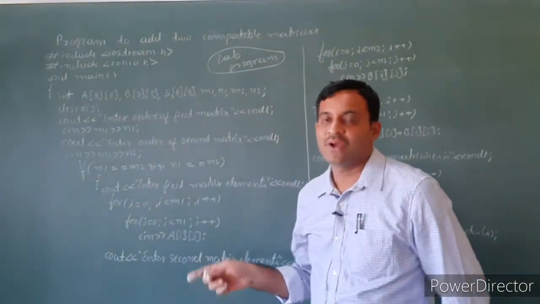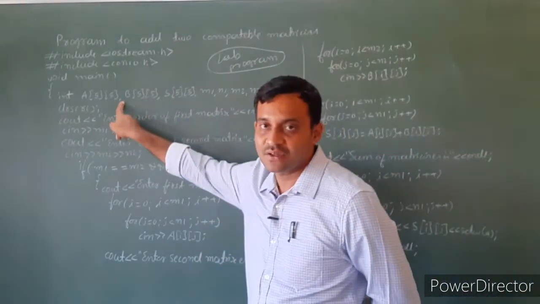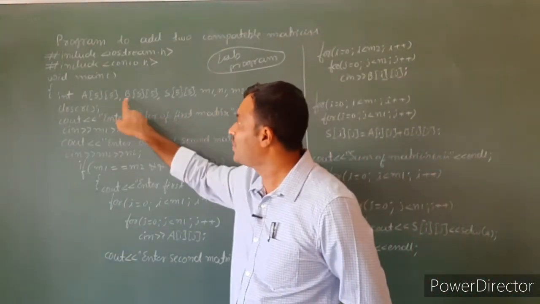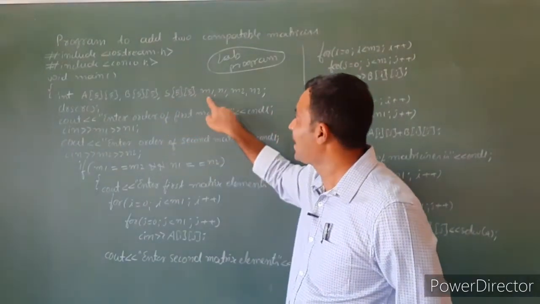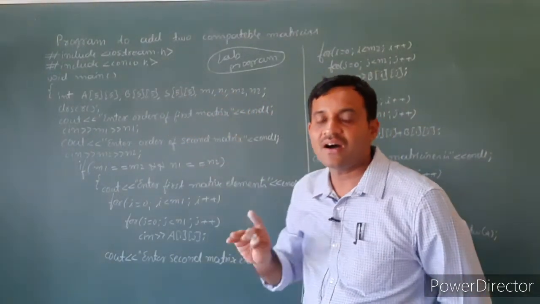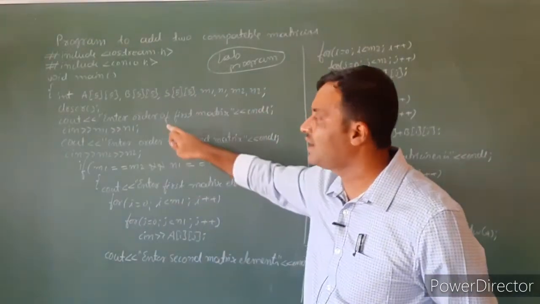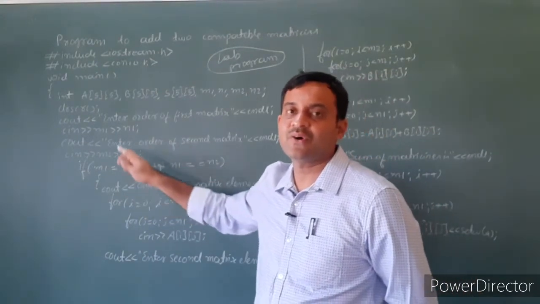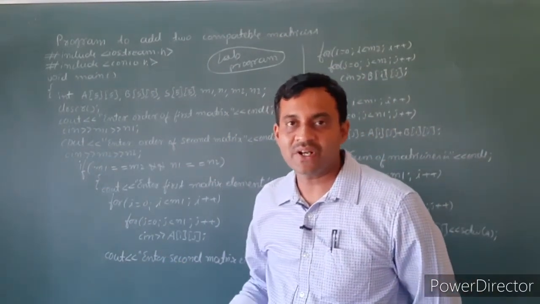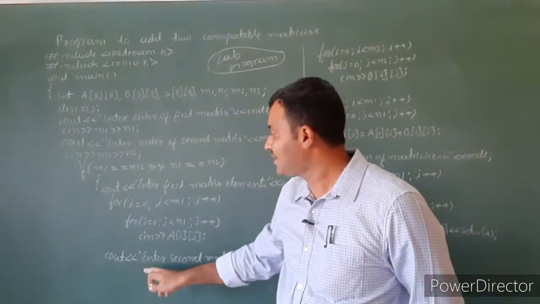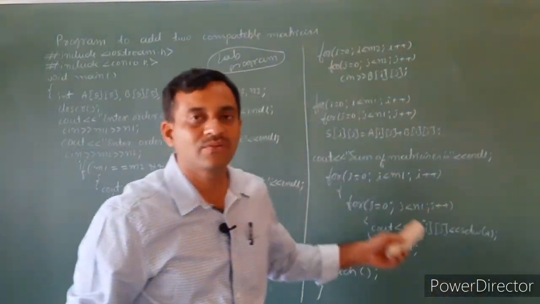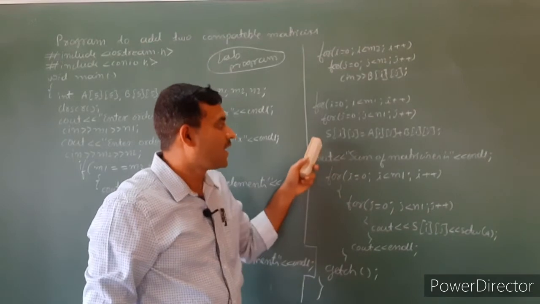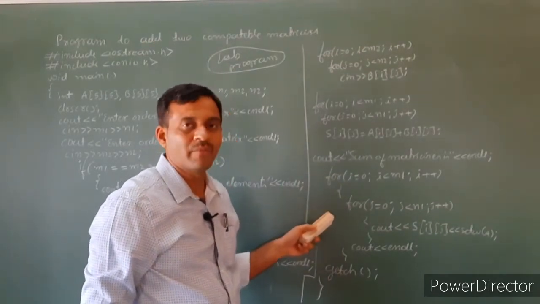What have we done here? We have to declare 3 arrays, 2 index values, 2 orders of the matrices. A, B, S are the 3 two-dimensional arrays. M1, N1, M2, N2 are the orders of 2 matrices. First we read orders of the first matrix, then orders of the second matrix. Then verify if orders are compatible. If it is compatible, then we read the values for first matrix, then for second matrix. Then also add the matrix elements. Then after adding, we have to print the matrix elements.